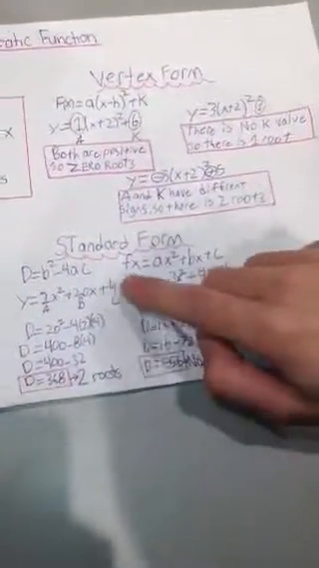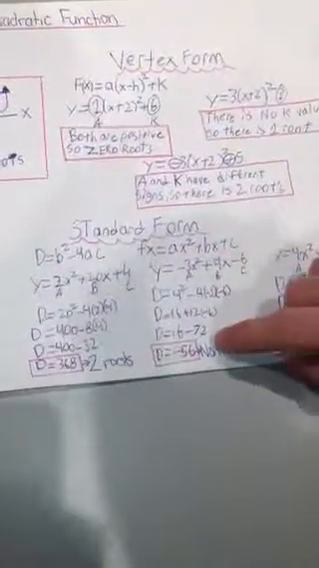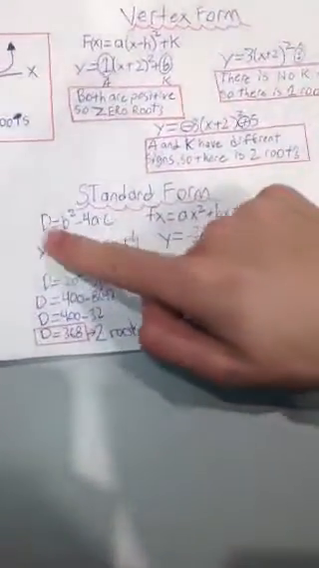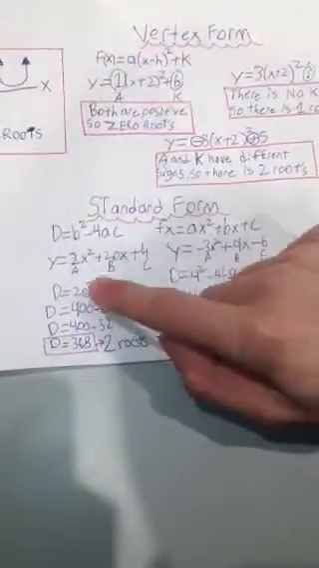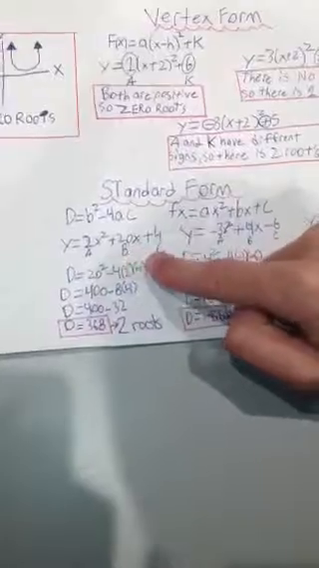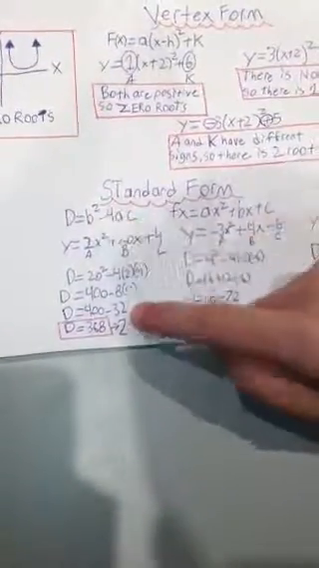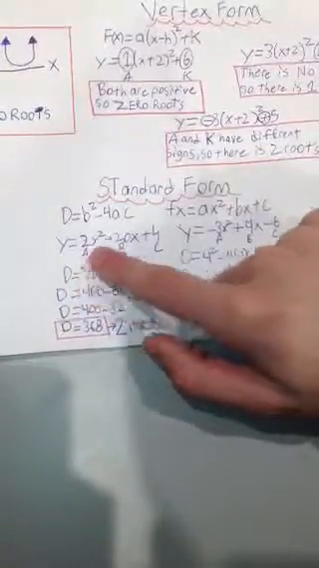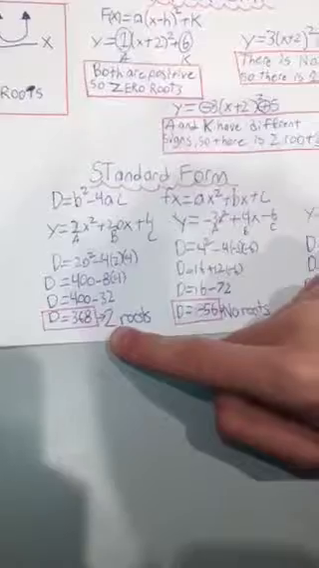Standard form is f of x equals ax squared plus bx plus c. So what we're going to do is use the formula d equals b squared minus 4ac. So this is the a, b, and c. Now you're just going to sub it into this equation. It's called the discriminant. So when you sub it into this equation,